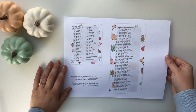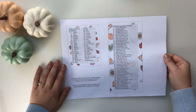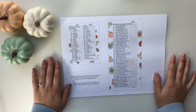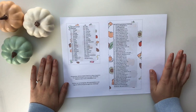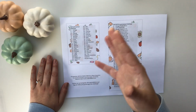So I started a junk journal challenge in July. And I started off strong and then life got crazy, so I never finished it. But I love working in a junk journal. I think it's super fun to mix and match all sorts of different elements. And so I thought it would be neat to do a junk journal challenge for the fall using fall themes